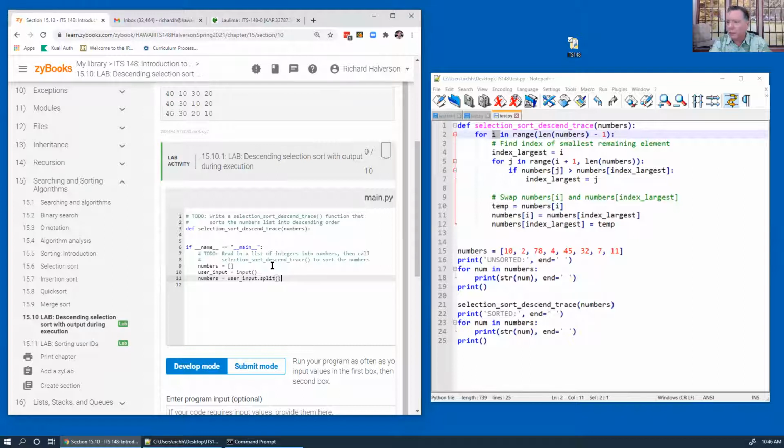Oh yeah, we want to make integers out of this, and we'll do it next. For num in numbers,